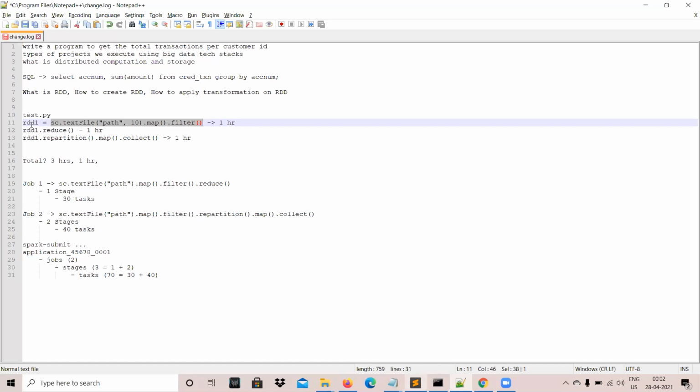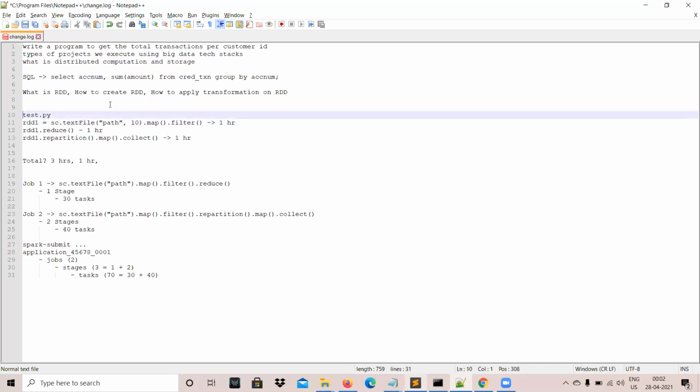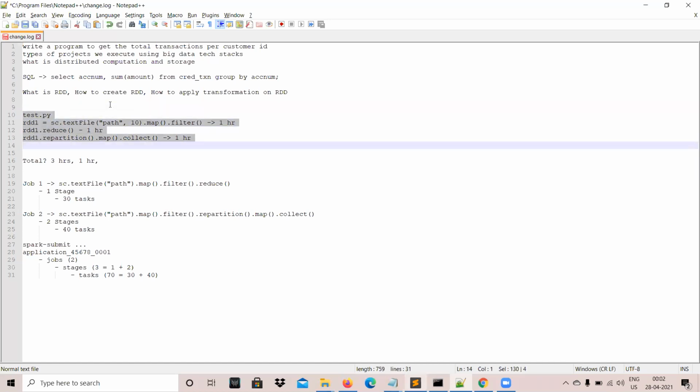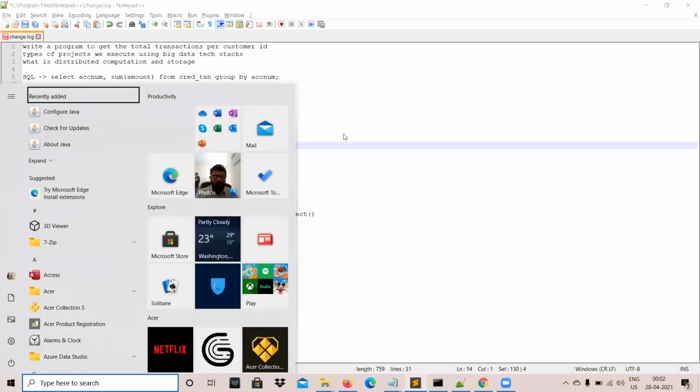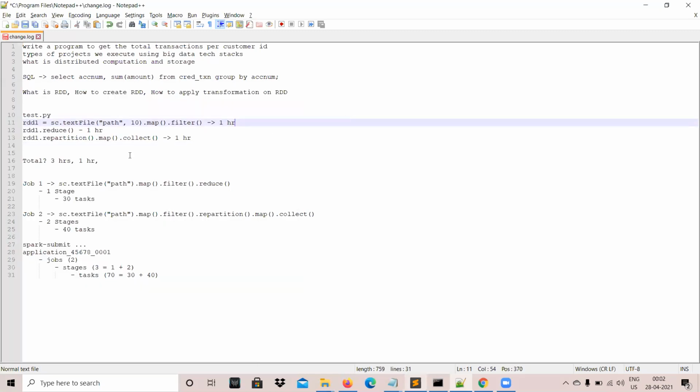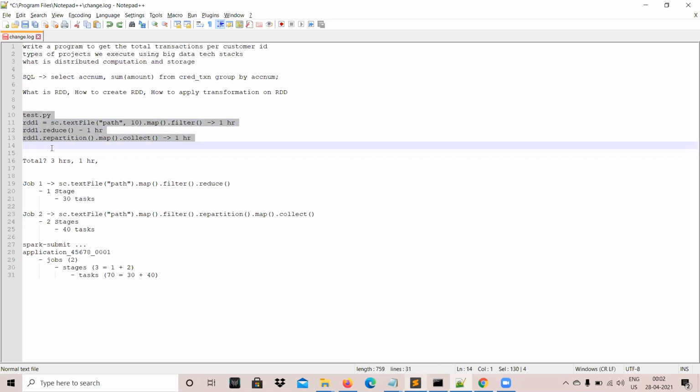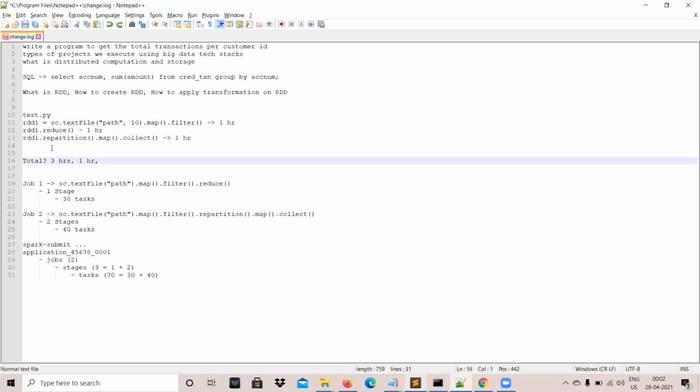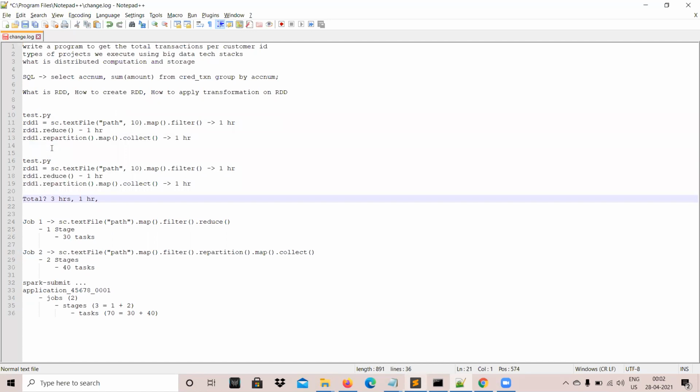So you have this RDD1. Here what you can do is take out this code again and refactor it.